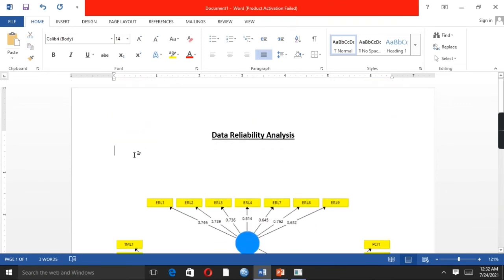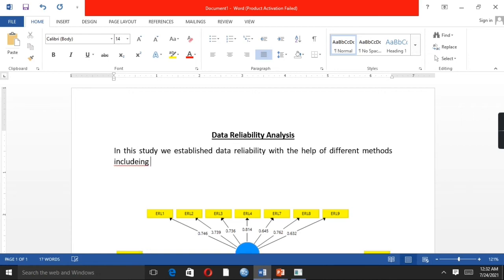Simply, in this study we establish data reliability with the help of different methods, including the first one is outer loading, the second one is composite reliability, and the third one is Cronbach alpha.